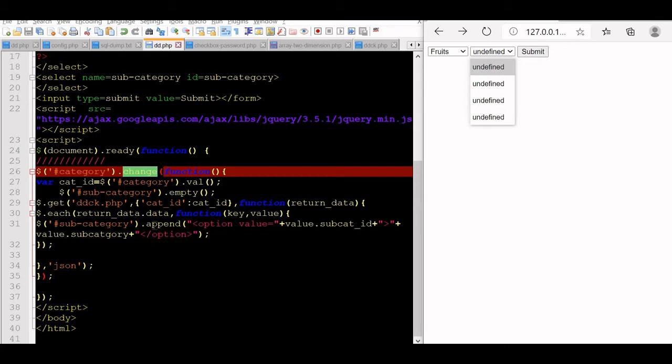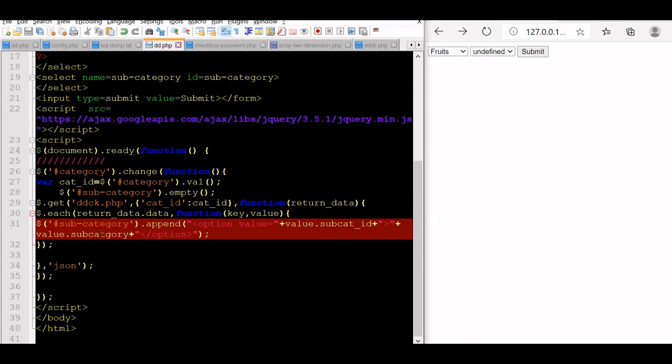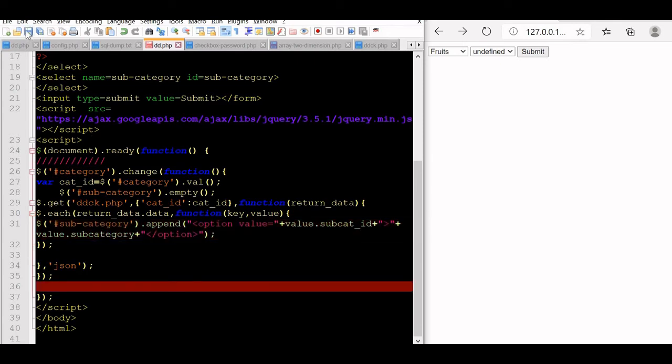Now subcategory append option value is equal to value subcat id plus value subcategory. Here you will write subcategory. Let's save this, refresh. So let's see, yeah, we have got it.